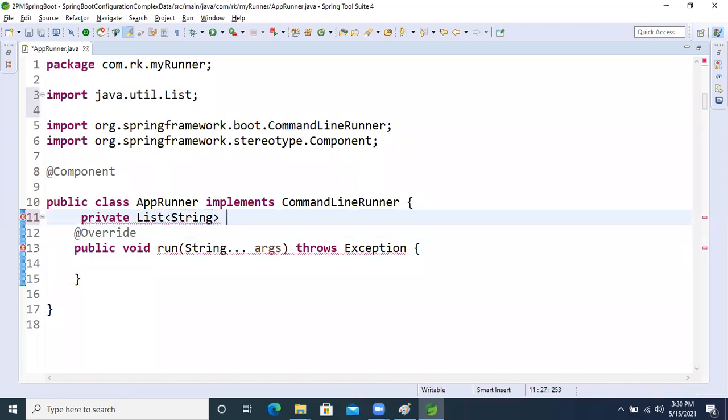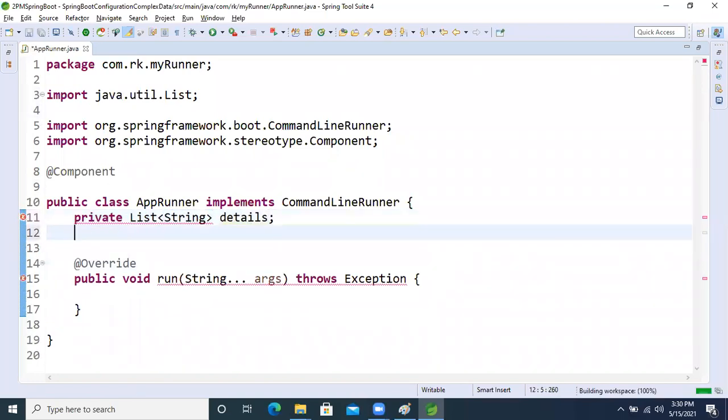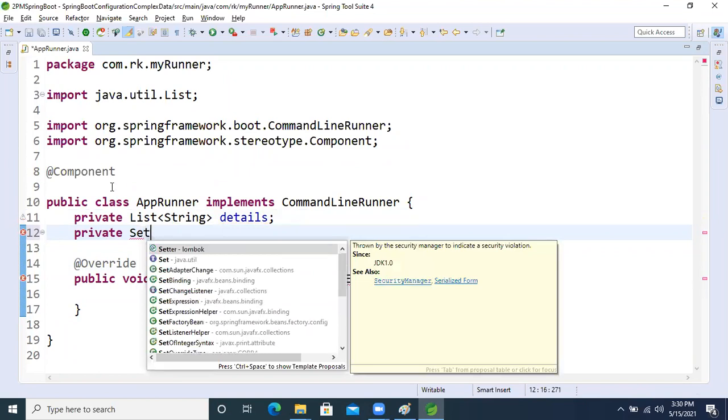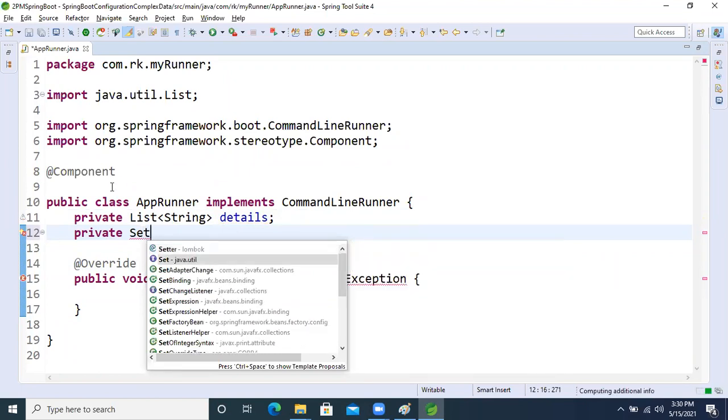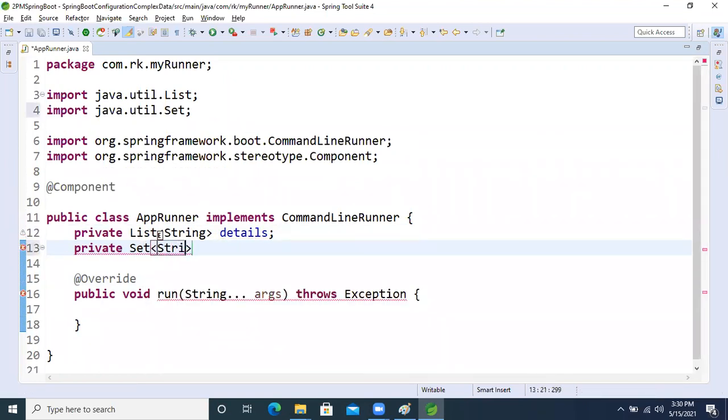Now another one, private Set, I'm taking Set, here also String only, and again details, right? Okay, fine.